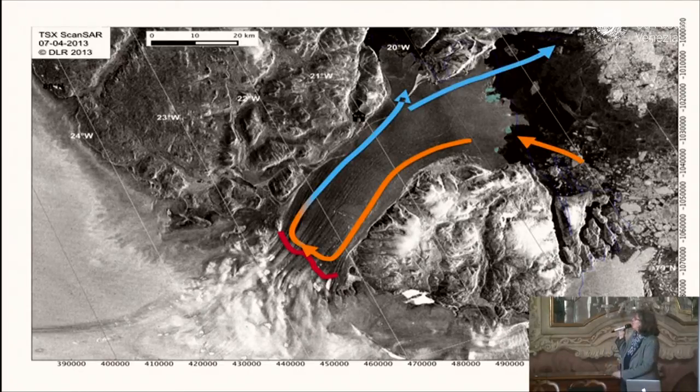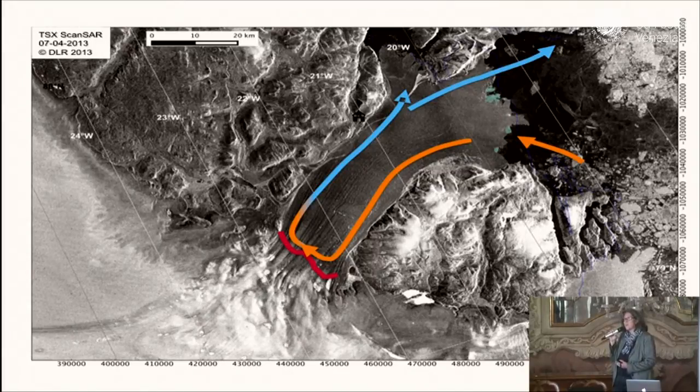So this is the route the water takes. The warm water is coming here from the south. It's draining underneath a floating tongue on that side. It's transporting the heat to this transition line, the grounding line between the inland ice sheet and the floating part. And then it's cooling down and exiting the glacier on this side. So if you want to understand how this glacier is changing in future, you want to know how much basal melt, so melt at the lower side of this floating tongue, is happening.